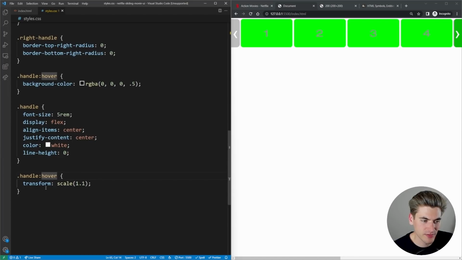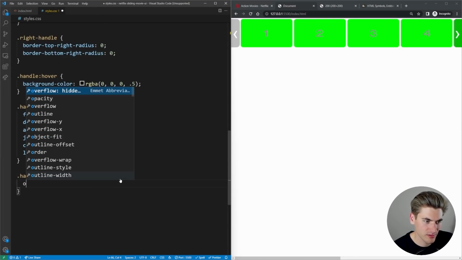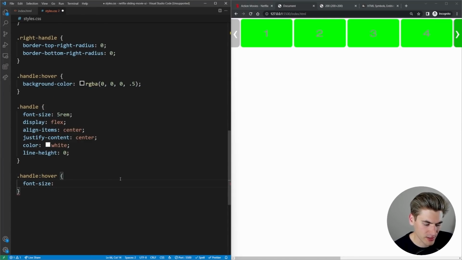We just want to get the font though. We don't actually want to scale the entire thing. So we can just say instead, font size 1.1 EM. Okay, actually, so we'll just change it to 6 REM. Yeah, that'll work. I like the scale approach so much better though. I'm trying to think of a way we can get around it by doing the scale.